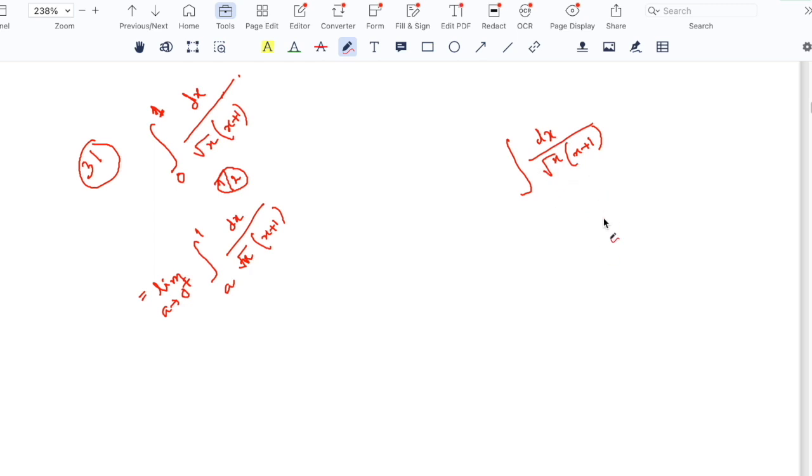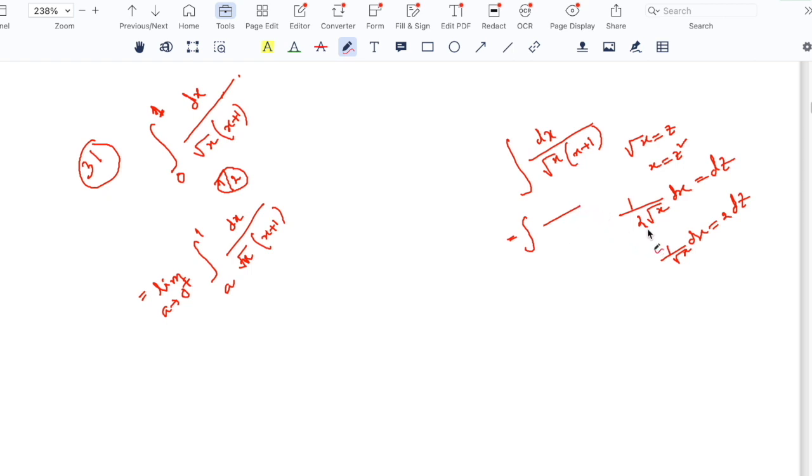We can use the method of substitution by letting root x equal to z. Therefore x will be z square, and the derivative of root x we know is 1 by 2 root x, dx equals dz. Therefore 1 by root x dx equals 2 dz, and this integral now becomes